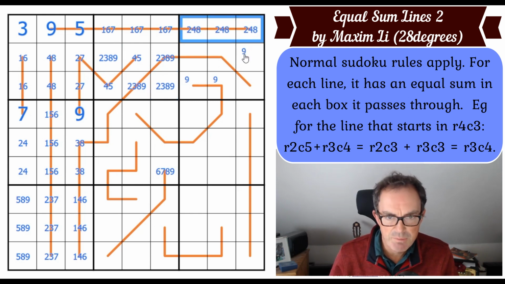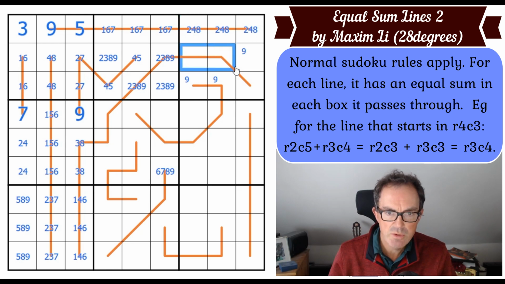Right, let's have a look at this box again now. Now we've got 3 even digits in it, and we know those 3 squares sum up to 11. We can't use more than...